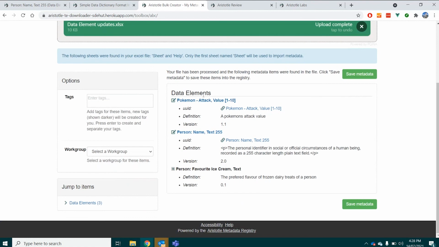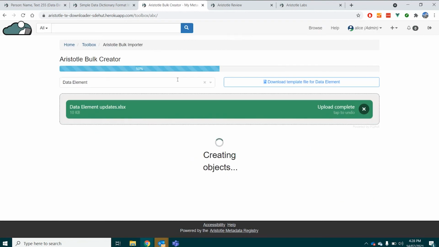So again, we've identified it's going to update one here. So it's going to update our Pokemon. It's going to update our person's name, and it's going to create a favorite ice cream. What I can also do is add it into a work group. So I have the ability to push it straight into a working area, and I also have the ability to tag it as well, so I can flag it for my use later on. So I'm going to go example, demo, stuff. And there we go. So I've added a tag so I can find these later. And if I save that,